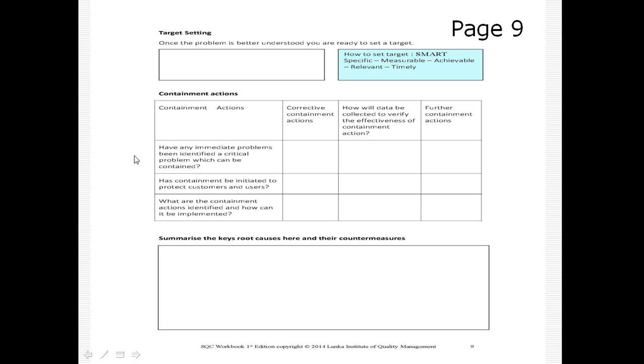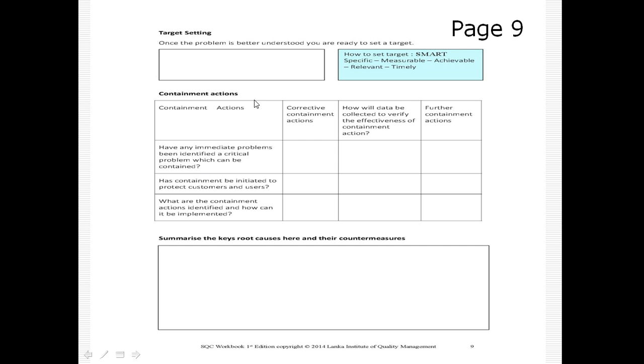Now, when you do such a thing, make sure that you inform everybody who's involved in the process, because they might not be able to find things and so on. So it might cause other problems as well. So consider containment action. These are immediate actions that you can do to prevent critical problems from further damaging products or damaging the